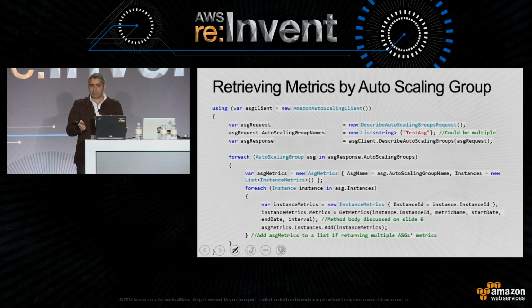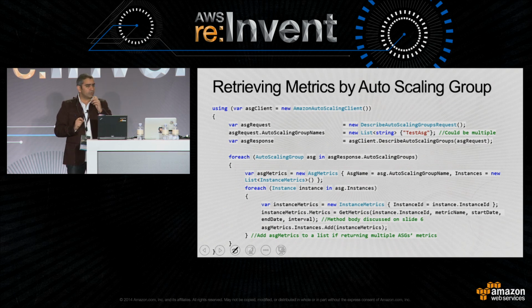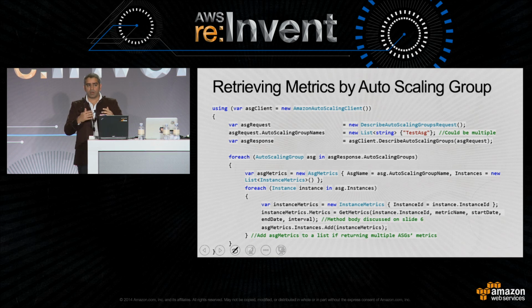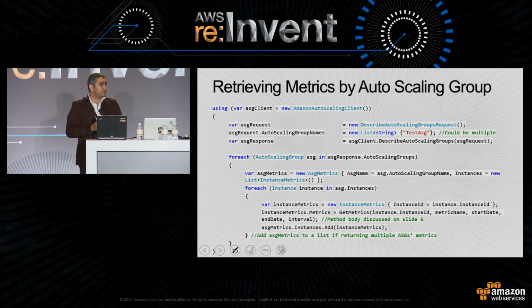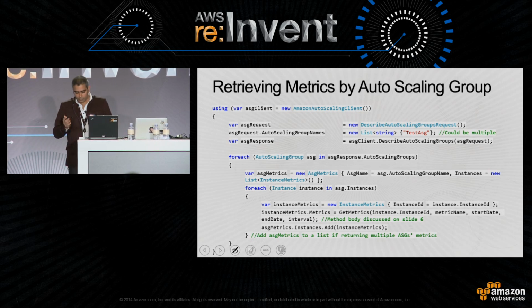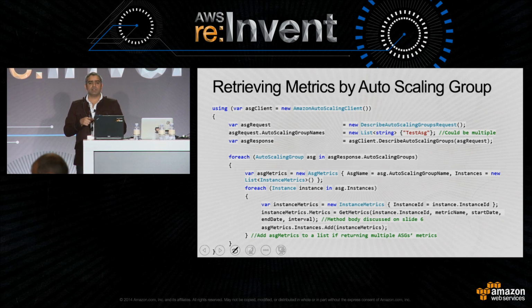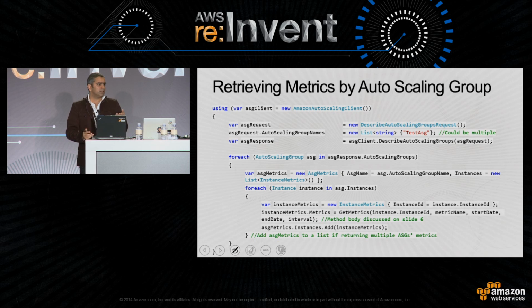Because we talked about autoscaling groups as well, I want to mention that we want to retrieve data per autoscaling group as well. And why is that? If you look at the autoscaling group documentation on the official Amazon Web Services documentation, you will see that the recommendation is that you create an autoscaling group per tier of your application. If you have a 3-tier application, the database, the middle tier, the web server, you want to create them in their own autoscaling group.